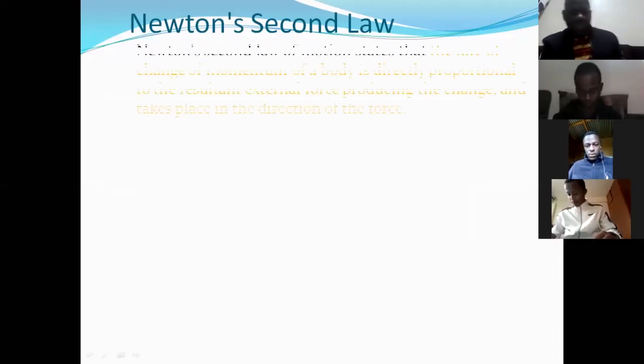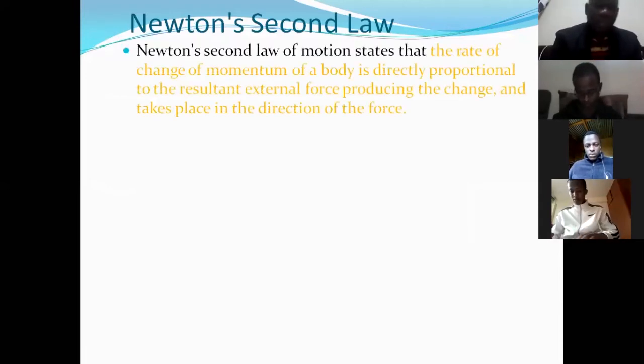Okay, now that takes us to Newton's second law of motion. Those are just examples for you to understand how to calculate momentum and anything to do with change in momentum. So Newton's second law is talking about the change in momentum per unit time. So momentum can only change if the mass changes. Momentum can only change if the velocity changes. And momentum can only change if there is change in direction.